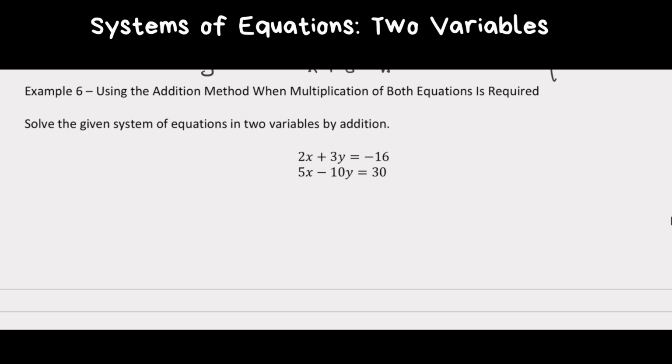We've got, obviously, options. We have to pick: do we want to eliminate x or do we want to eliminate y? Let's choose, it really doesn't matter. Let's choose to eliminate y. So this top equation, if I'm going to eliminate y, that means I need this and this to be the same number but opposite signs. So I'm going to multiply the top one